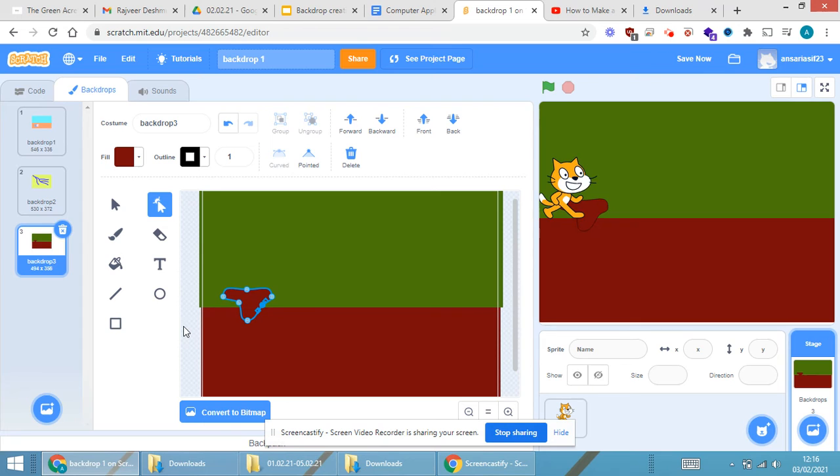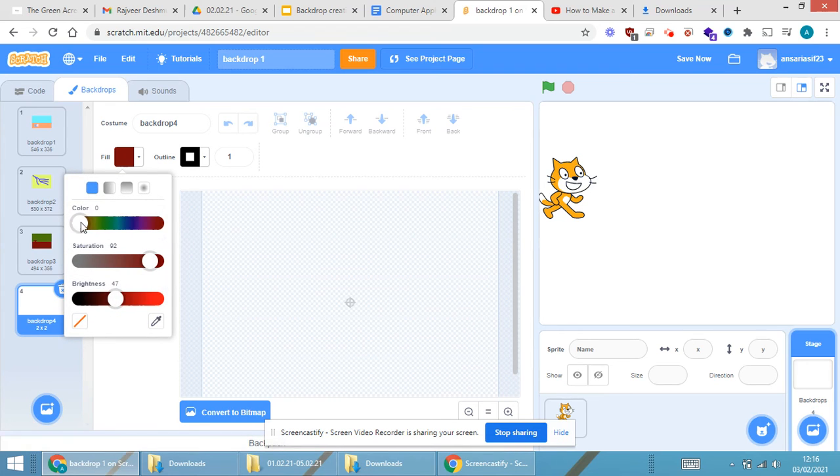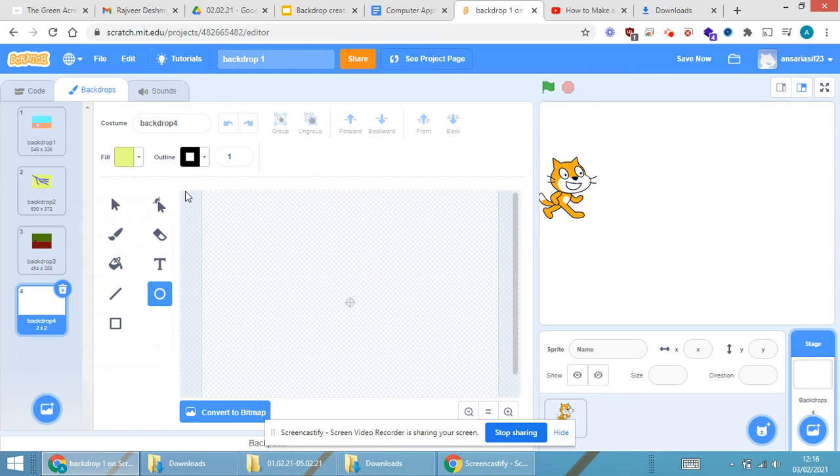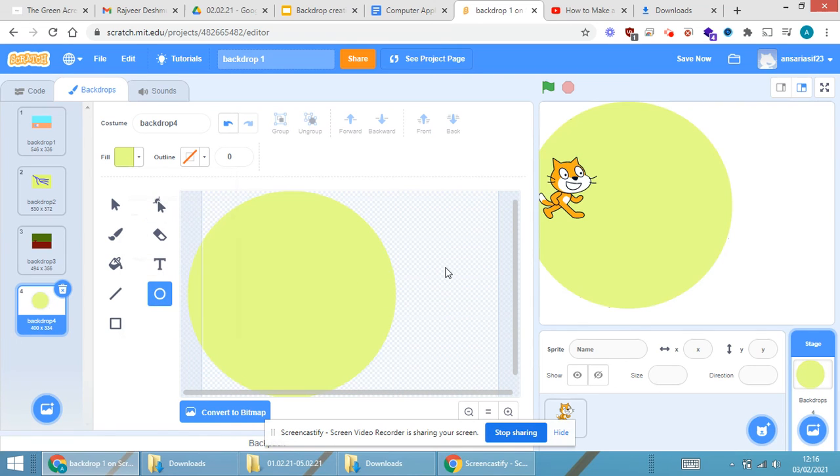If you want to make some beach effect, how to make the beach effect? Again one more time, paint option. This time I'll be selecting the circle. In order to give the beach effect, I'll be selecting some light colors now. Yes, so first I'm drawing a circle on the screen. Done. I don't want any outline, that is a border color, so I'm selecting the border color as none.